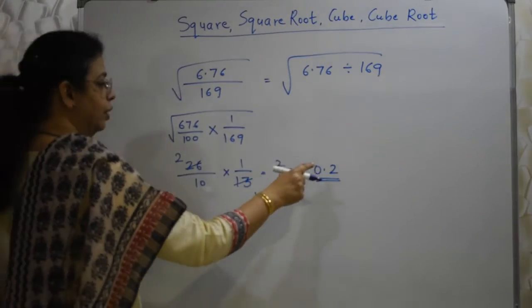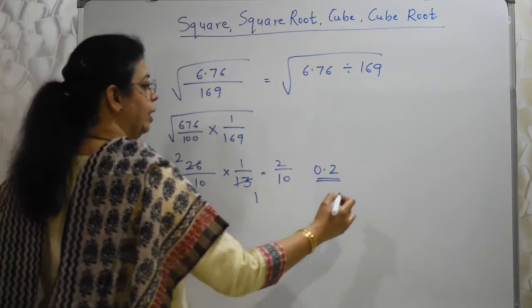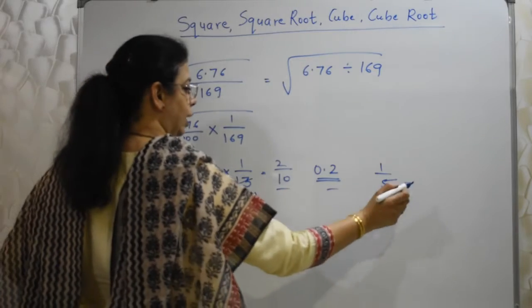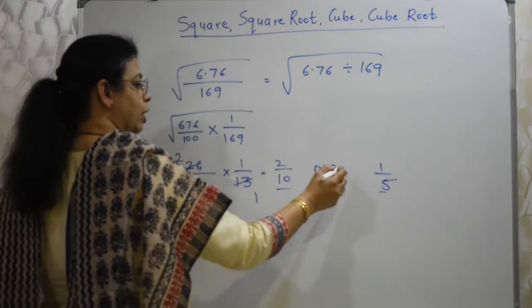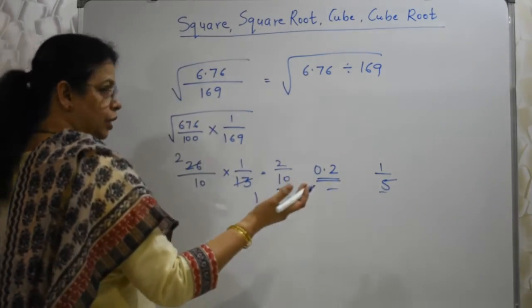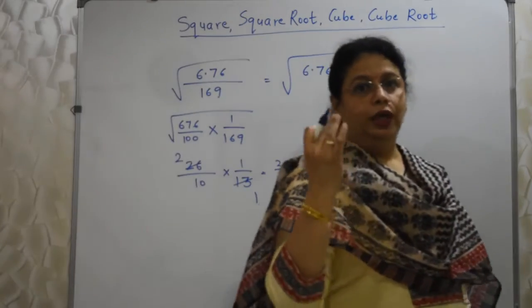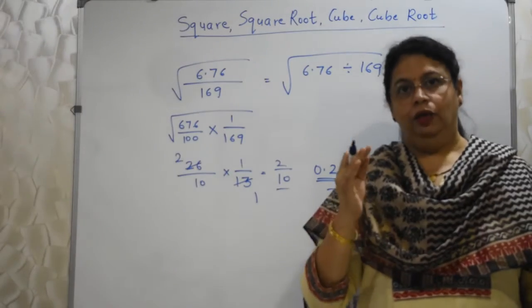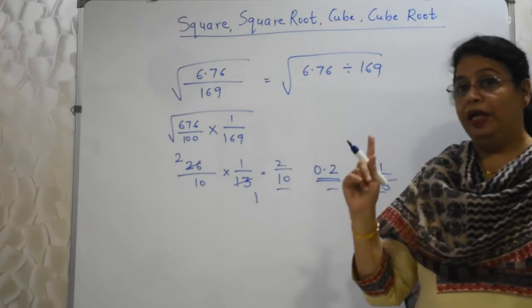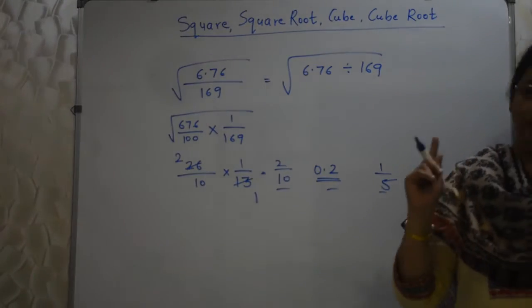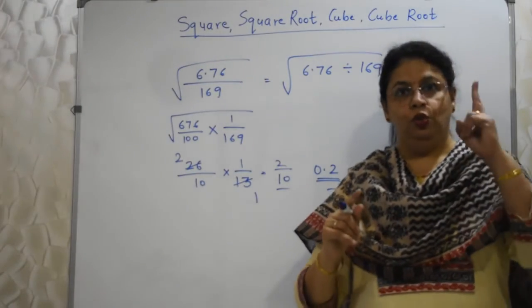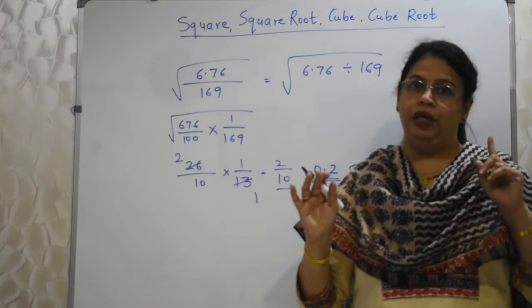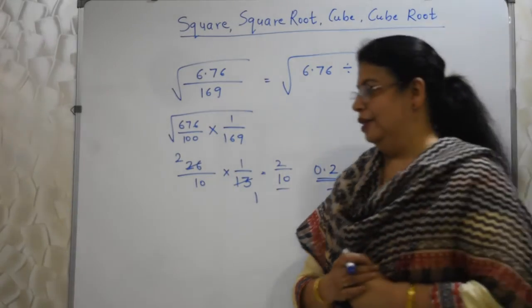Here they may give this as well as they may give 1 upon 5. ये तीनों हो सकते हैं. ओके, इसमें से कौन से भी दो भी दे सकते हैं. They can ask you select any two correct alternatives. 8th standard will have that thing. You should keep in mind 20% of the total questions you have to choose two correct options. They will give the instruction in the bracket, don't worry about that, but you need to be little more alert.